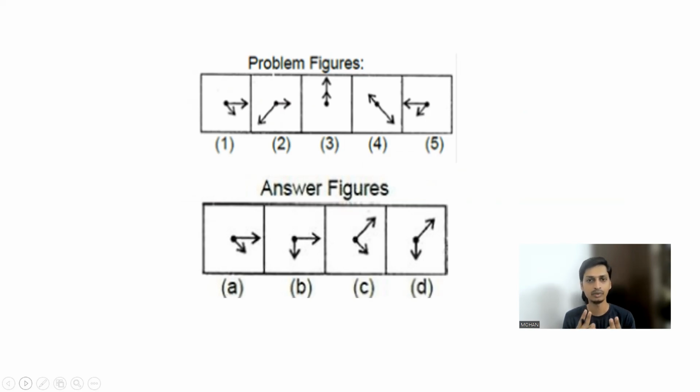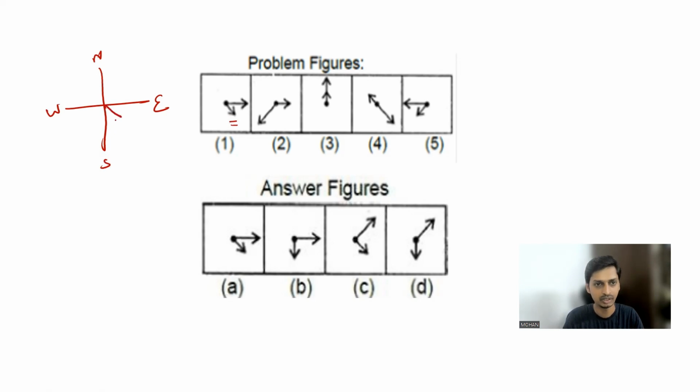Now you have only two elements here, right? So you could see only two needles, small needle and bigger one. Now let's take the smaller needle. Okay, so smaller needle in the first figure, it is pointing between south and east. In the second picture, it is pointing towards east. In third picture, it is pointing to north. In fourth picture, it is pointing to northwest. In fifth picture, it is pointing to southwest, which means look at the movement of the small needle.